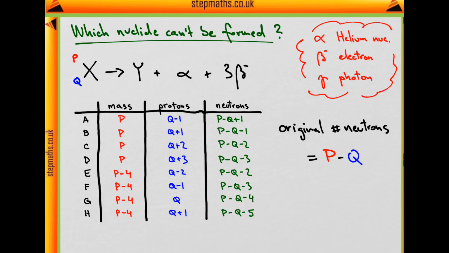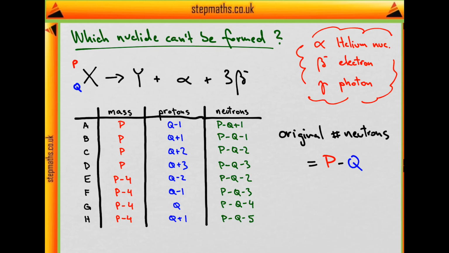In the beginning, we only had element X, which had atomic mass m and the number of protons was q, so the original number of neutrons was p minus q. Now, could the number of neutrons have increased at any stage? No, it couldn't. We are not supplying any extra neutrons to the system or anything else other than the element